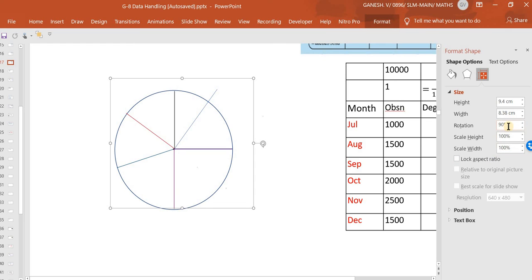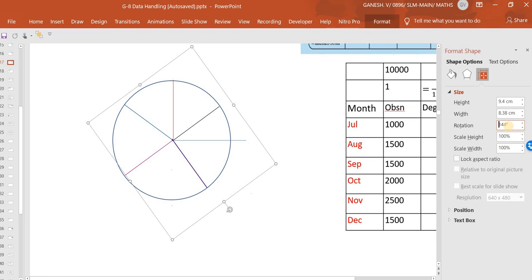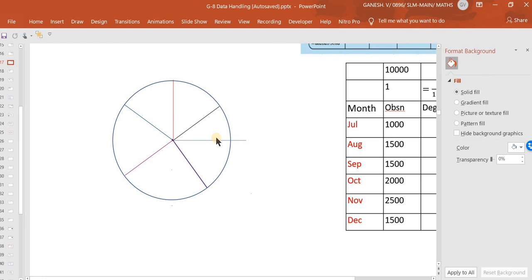Here the rotation should be 90 plus 54, 144 should be the angle. After doing that, that initial line arrow that was initially drawn is there. This is September, October, November.